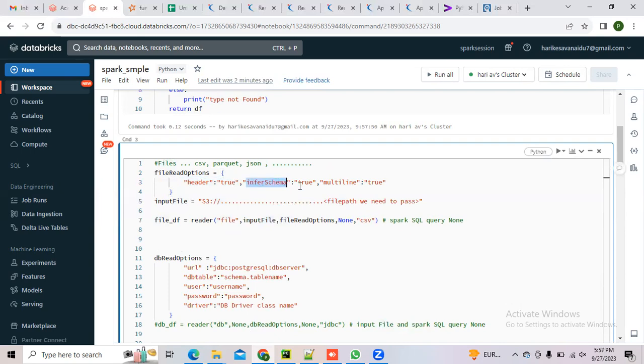Infra schema. If you want to use infra schema, you can keep it as a 2. If you don't want this infra schema, you can remove it. This is very simple, basically. Simple coding standards. Okay. This is if you are using JSON and it is multi-line, you can add